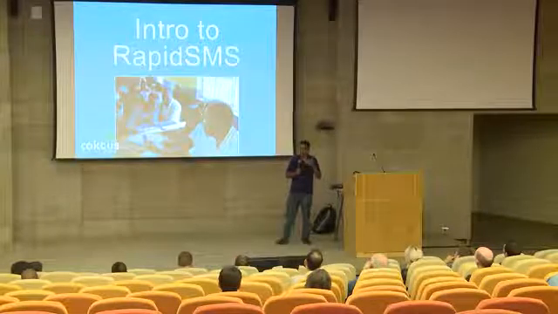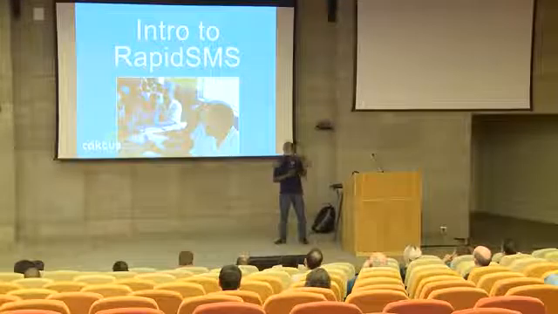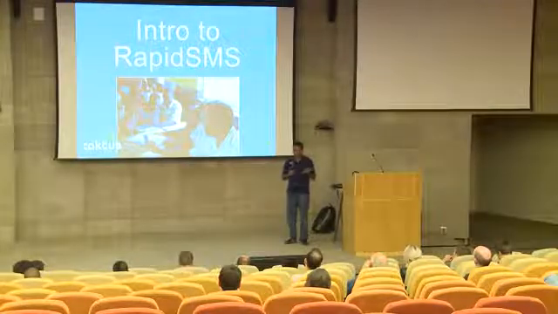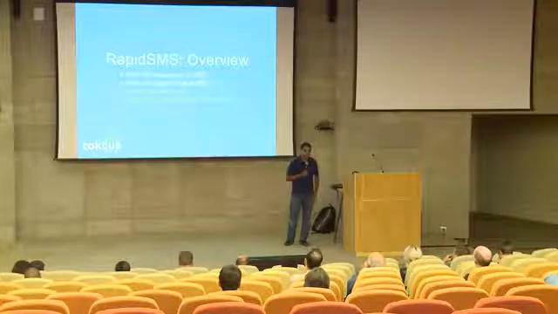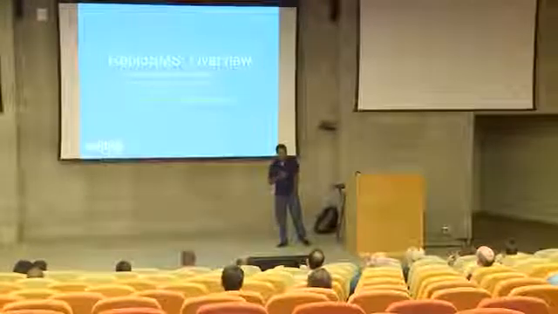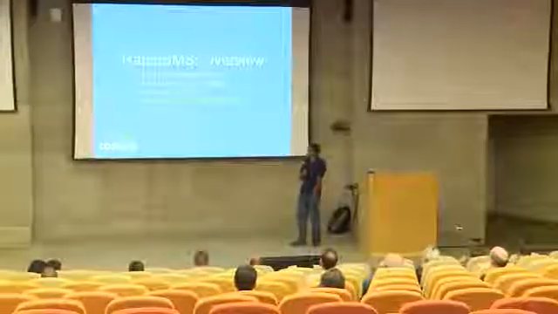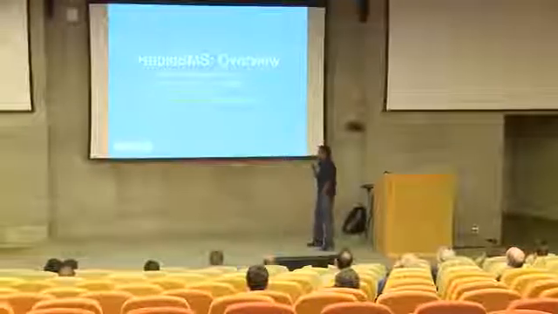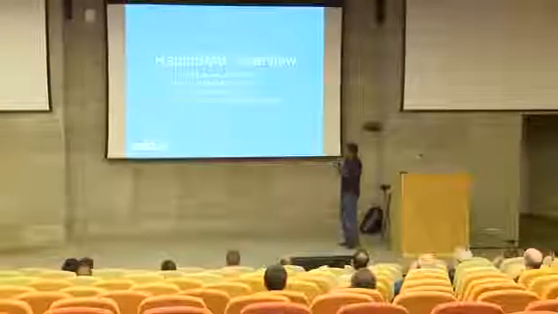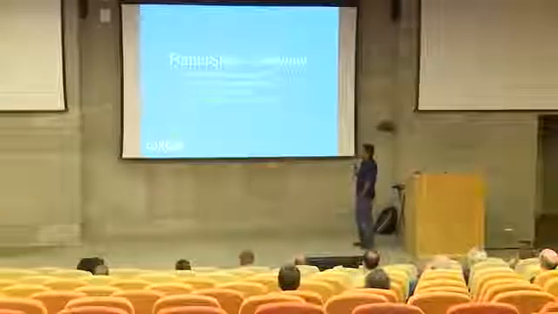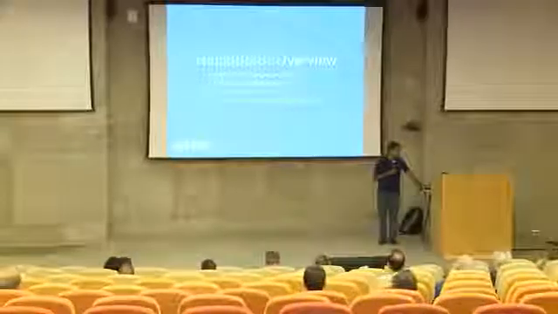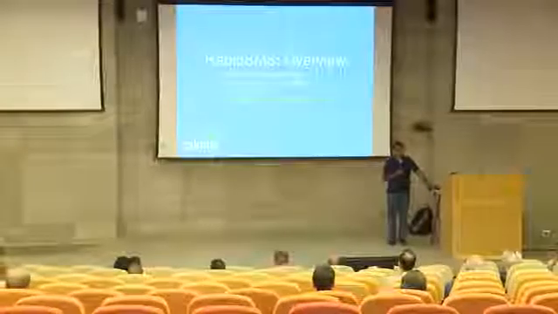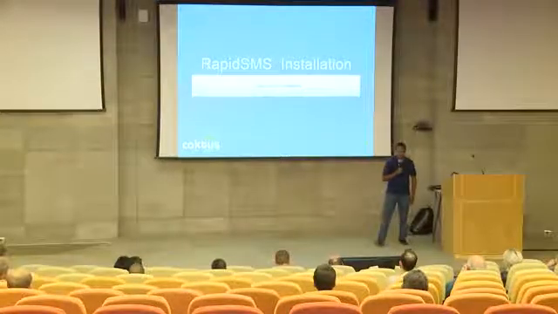So that is basically the gist of the project. I just want to briefly talk in about 5 minutes about RapidSMS. It's a tool that was developed by UNICEF in 2007. It's been well tested since that time. It's free and open source under BSD license. Those are the links that you can go to find out much more about it and to submit code issues or code changes. It's very easy to install.